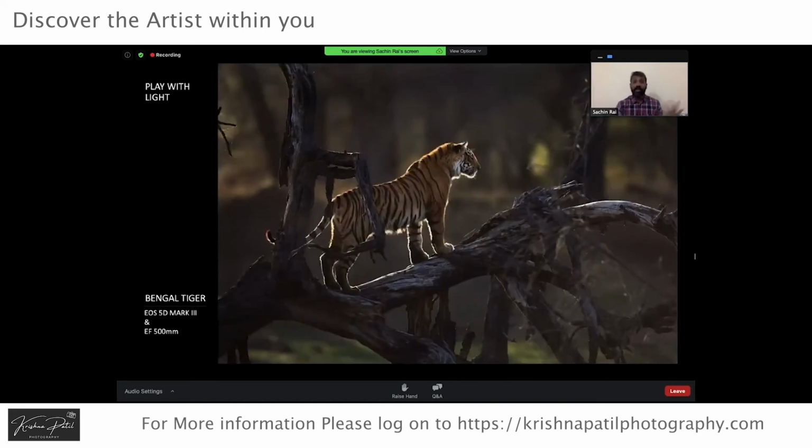Early morning, late evening lights are what will make it much more beautiful. Like this, it's a backlit shot. The sun is actually on the other side of the tiger, and it's up, not at the horizon. So you have a lovely ambience of light, and you see this beautiful rim light, and the young gorgeous tiger is standing out there with the king. So the light is what is making the picture beautiful. If it was at 11 o'clock, harsh light, it would have been